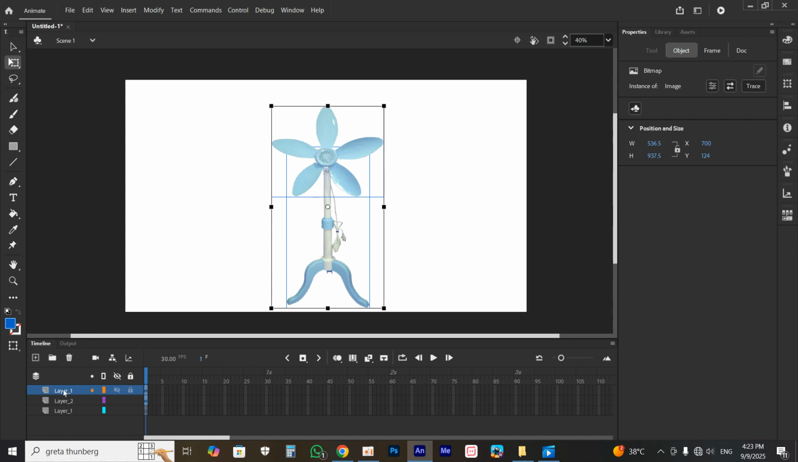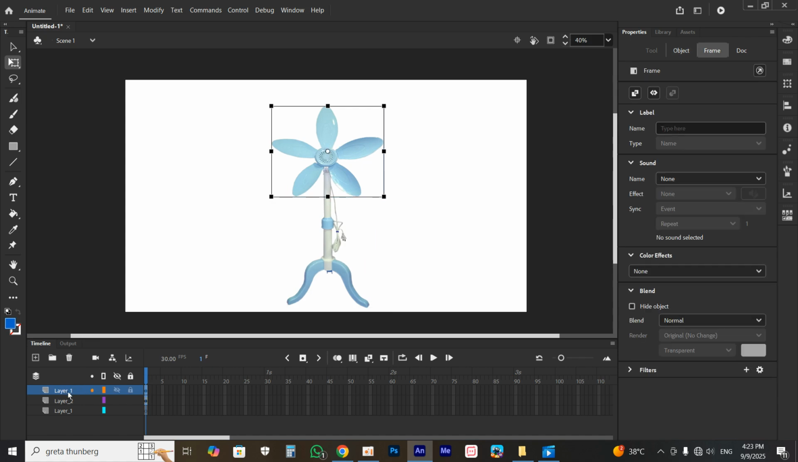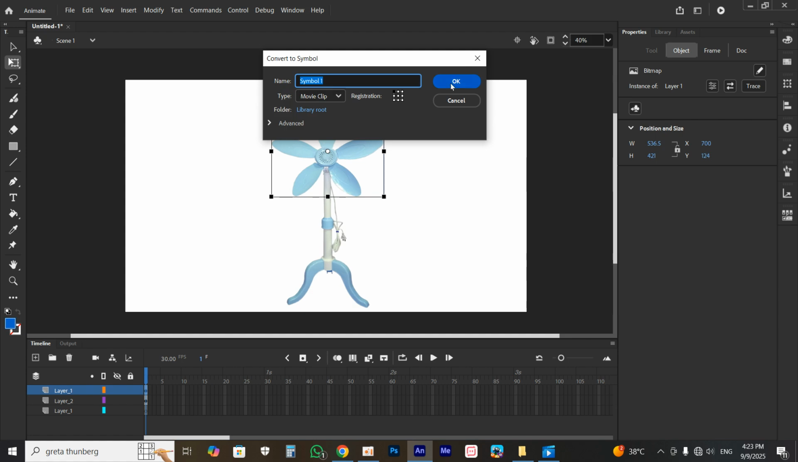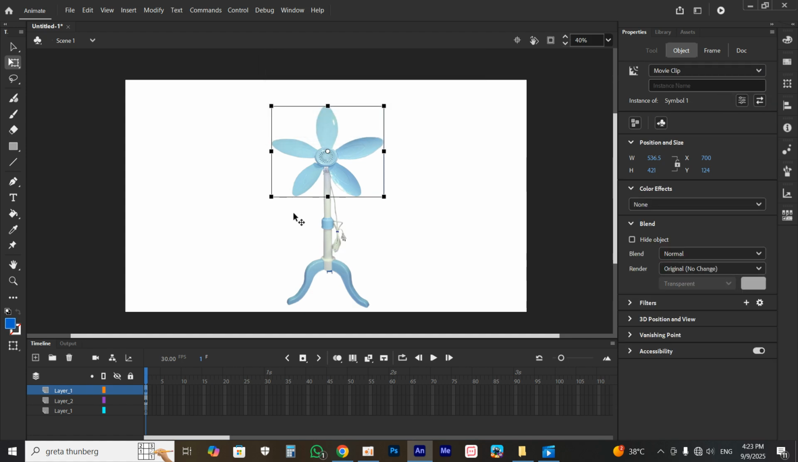Now click here at layer number 1. Layer number 1 is the fan, layer number 2 is the stand, and layer number 3 is the background. Okay, don't forget this. Go to layer number 1, right click on your mouse and select Convert to Symbol and click OK, and again